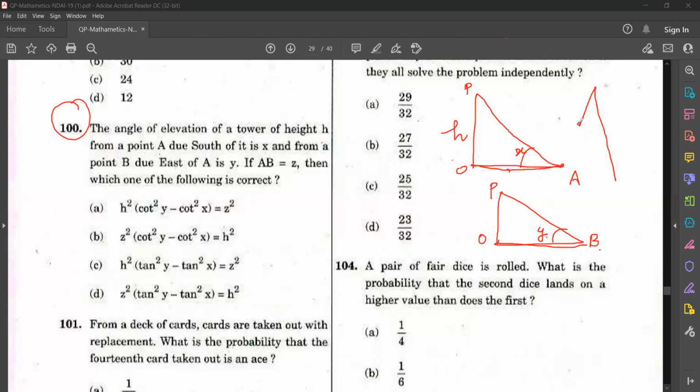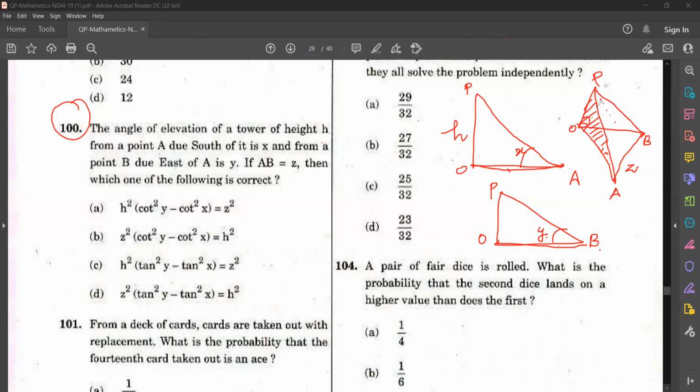If I am combining this figure, I am drawing A in the south. And if this is OP, because three-dimensional figure, we cannot draw on a paper. That's why. Then this is one right triangle. This is also one right triangle. So here just B. And they have given AB as Z. Understood? So these two figures, I just separated them for taking the trigonometry and have drawn here.